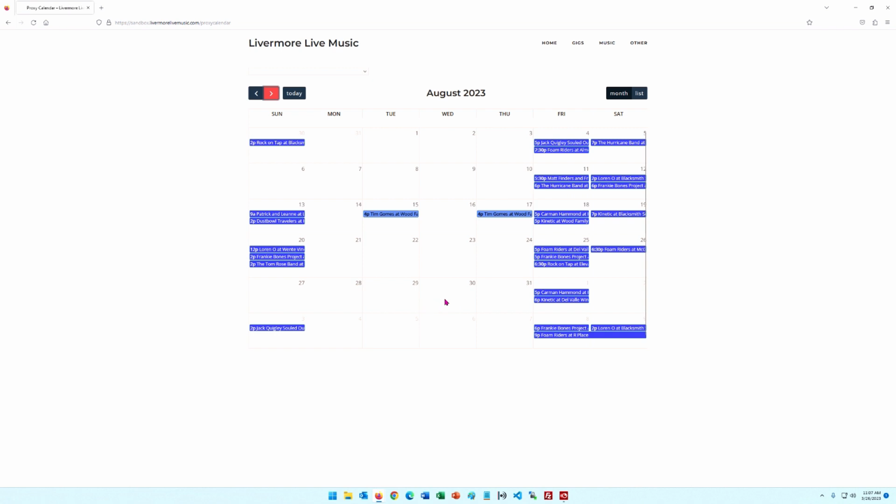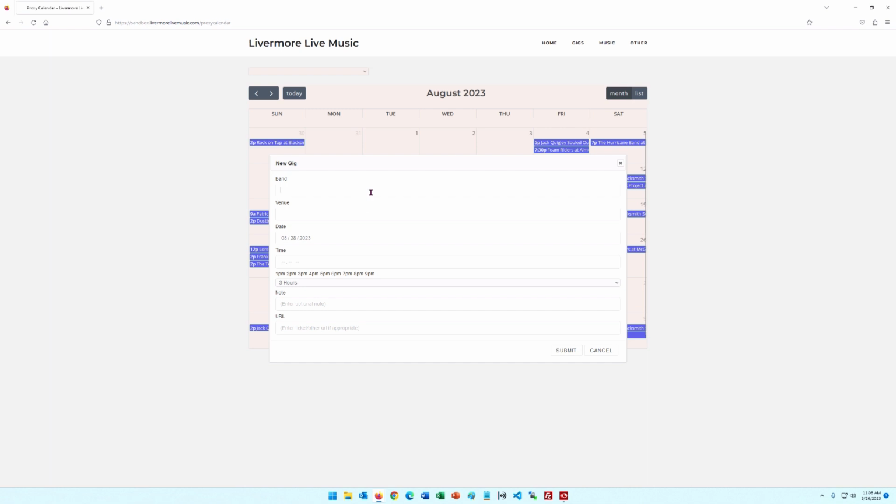There's another thing you can do. Let's suppose you have several gigs by the same band at the same venue in a row. Sometimes it's faster to make copies of that than to just enter it 3 times in a row. So I'm making up an example here, but let's say I'm going to start on August 28th. And let's suppose that the band Better Days is going to play at the venue Arroyo Cellars, and they're going to play on August 28th, 29th, and 30th, all at the same time. They're all 3 p.m., and they're all 1-hour gigs. So I start with the first one,